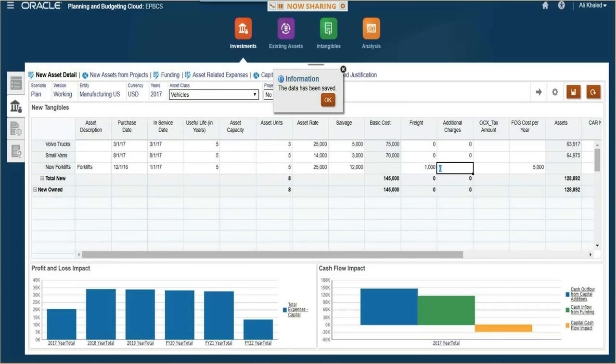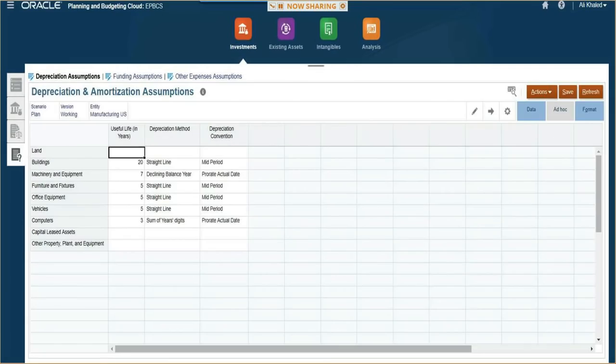So the next thing I want to do is discuss the useful life in years along with some other assumptions. And to do that, we'll go to the final tab on the left, or the Assumptions tab. So the first thing I'd like to highlight here is that you're making these assumptions both based on the asset class as well as the entity, and that's pretty useful if you're a multinational corporation, for example, that's operating in various regulatory jurisdictions,